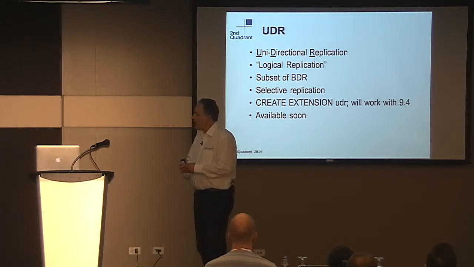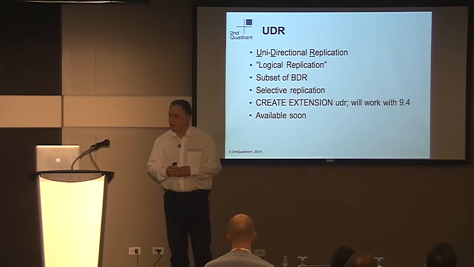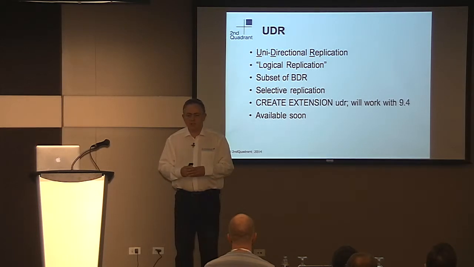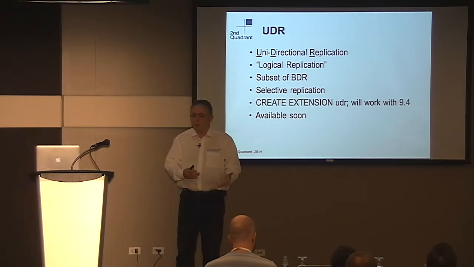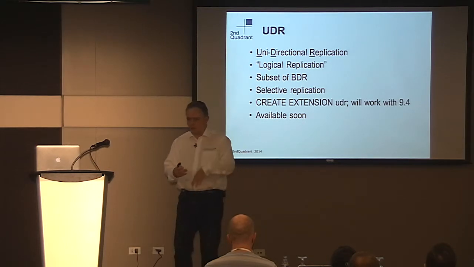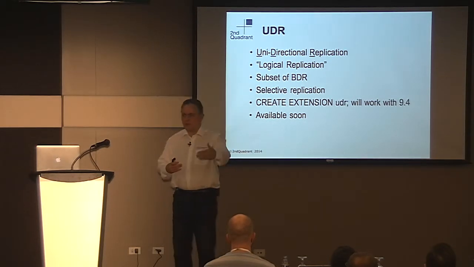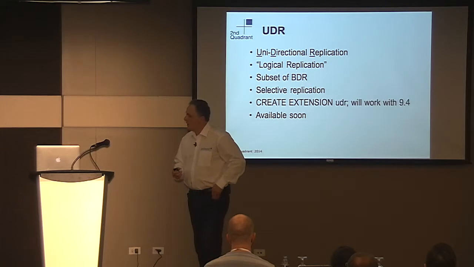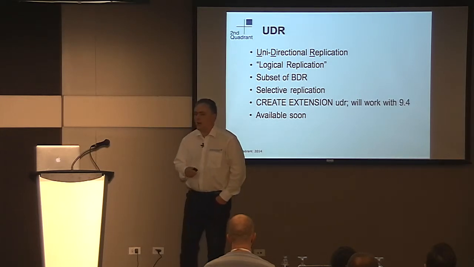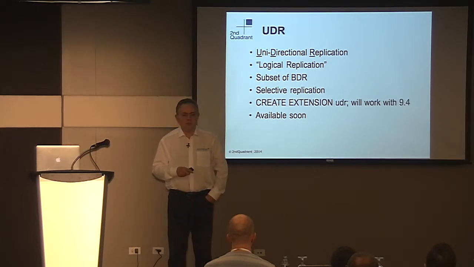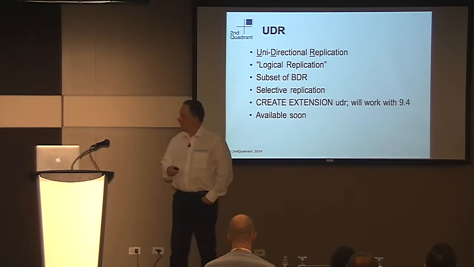And we're hoping that that will also contain selective replication. So what we mean by that is the ability to say, I want this table, but not that table. That's the first implementation of selective. Later selective is I want these rows from that table, but not these other rows. Okay, so there's kind of a future plan for what we might put in. But the first version of UDR will be table level specific replication. Okay.